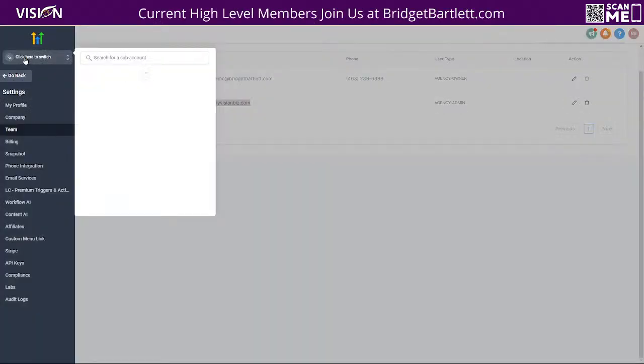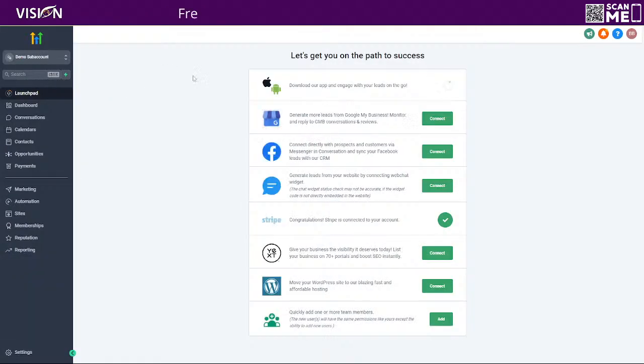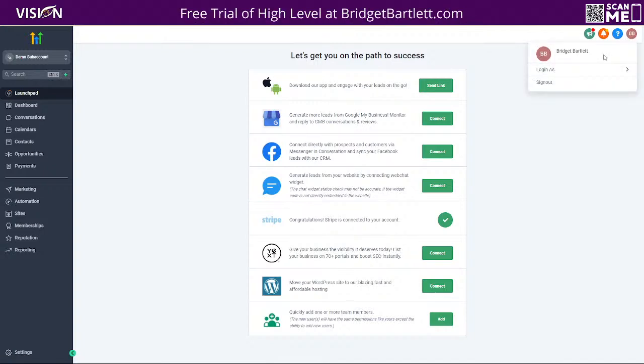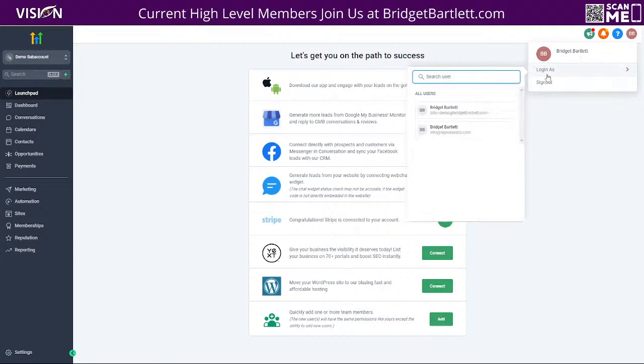So this is really important because whether you're working with your own account or for a client, you want to make sure that you're logged into the correct user. Now, you don't need to create an email address and all of that for every single sub-account that you're working in if you're doing work for clients, but you can use the login as feature and log in as that user, and you'll be able to see whatever it is that they can see,